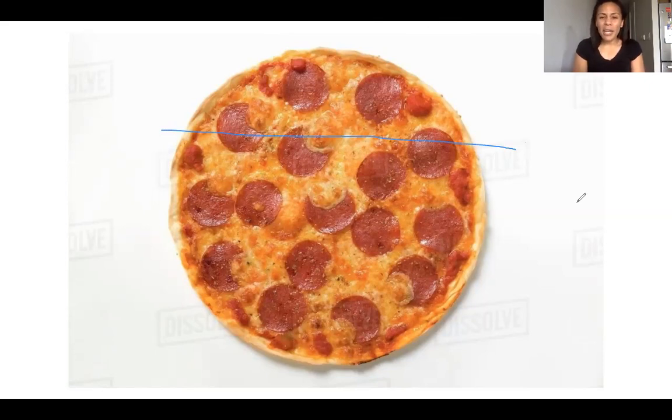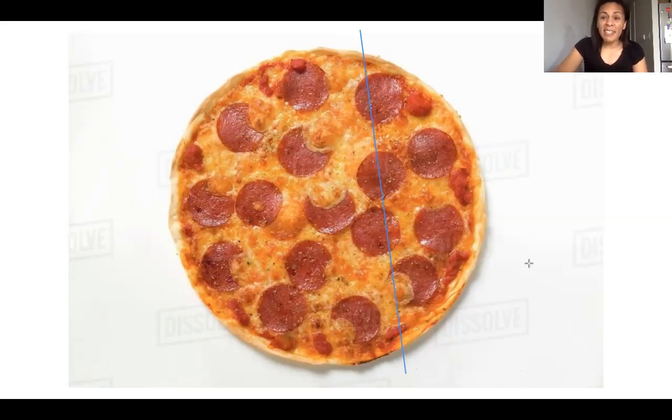No? Why not? Right. It's not fair, right? This piece is for me and this piece is for my friend. Is that fair? No, not fair at all. Because this piece is really big and this piece is really small. Okay, let me see if I can cut it a different way. Since that didn't work, maybe I'll cut it right here. How about that?